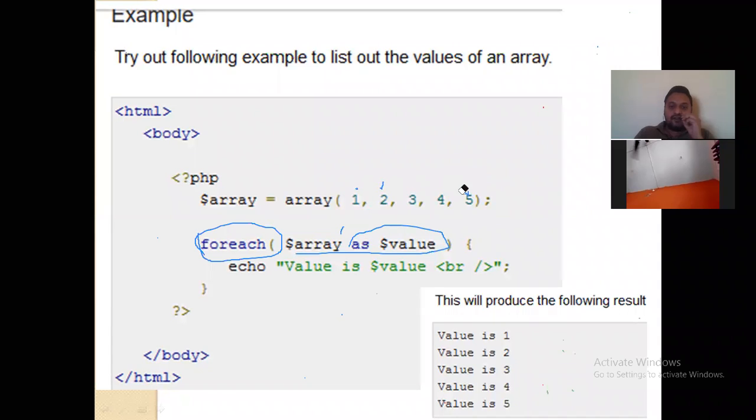Now in the last lecture I have also described how to execute a PHP program, but I think there was some problem in the last lecture when I was presenting to you. So today I will show you again what are the things that are required to run a PHP program. Okay.